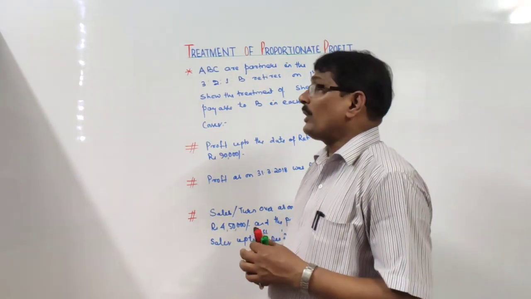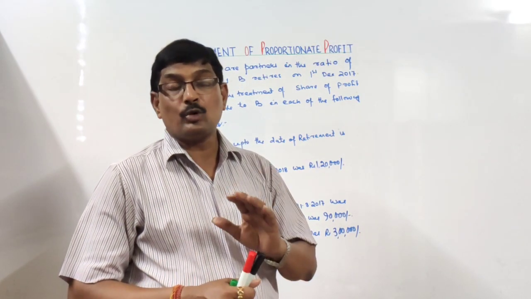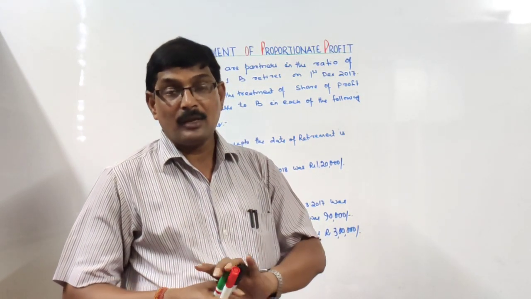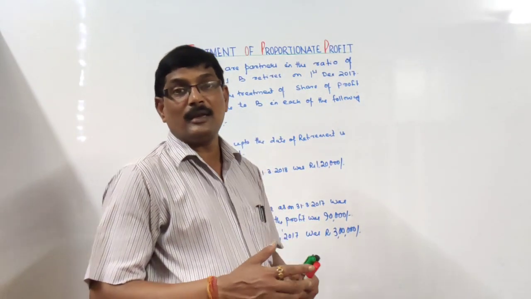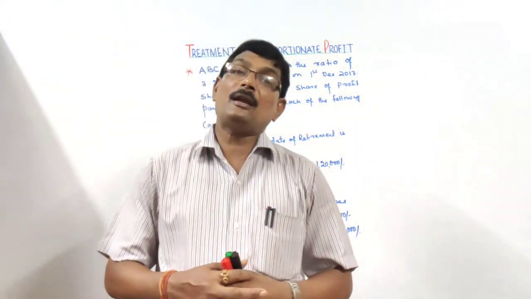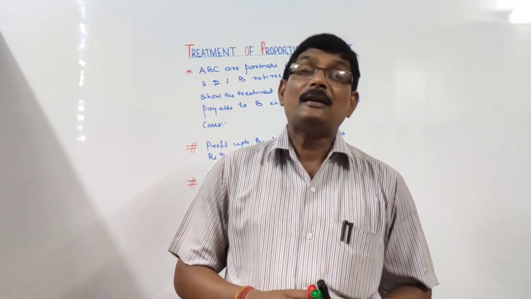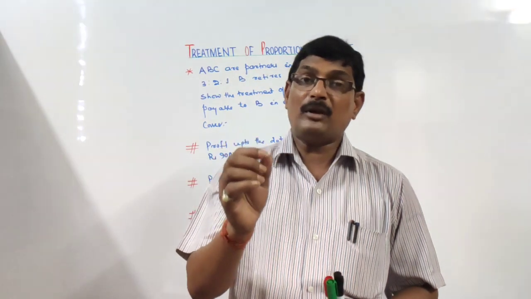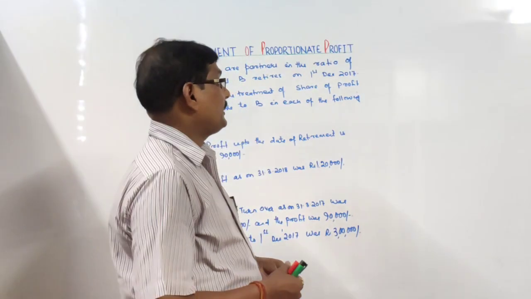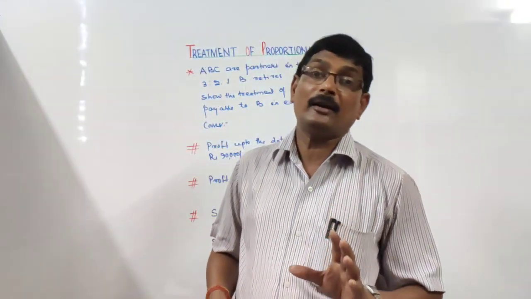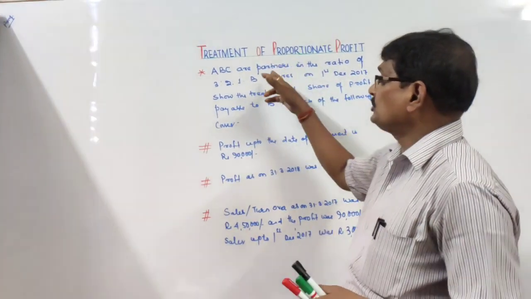Another important aspect while dealing with the questions on retirement is to calculate the proportionate profit payable to the retiring partner. If the retiring partner retires on the very first day, then there will be no chance of paying any profit. Right? And if the partner is retiring at the end of the accounting year, then also there will be no problem. But sometimes the retiring partner may retire in between, that is mid of the year or some other date. Right? At that time the question arises how to calculate and what will be the treatment of the profit. Now, first just go to the question.